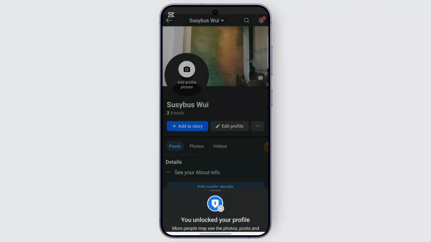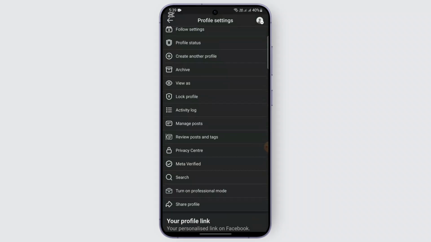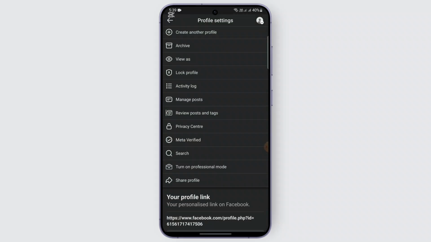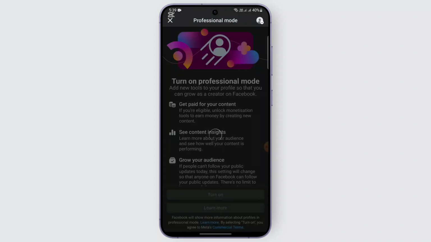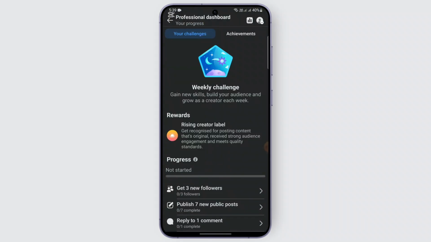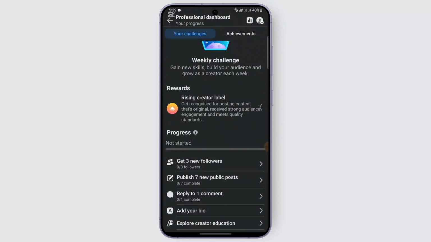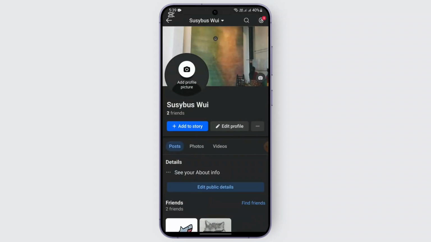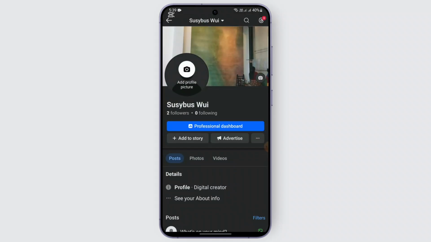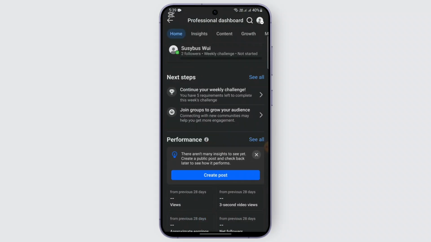After you have unlocked your profile, just tap on the three dots again. You can find the option called Turn on professional mode. Just go ahead and turn on the professional mode and turn your account into a professional account. Go on with the process, and after your professional dashboard appears on your screen, after your account has been turned into a professional account, you can directly tap on this professional dashboard, and